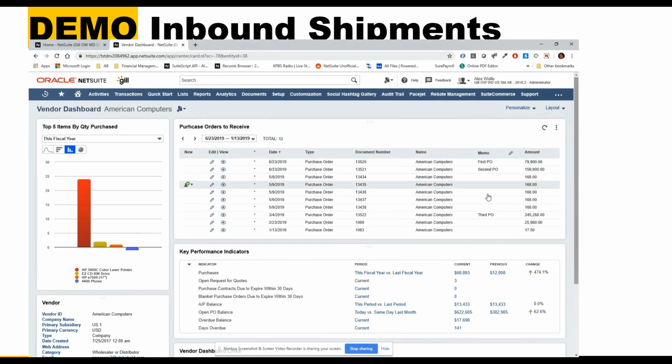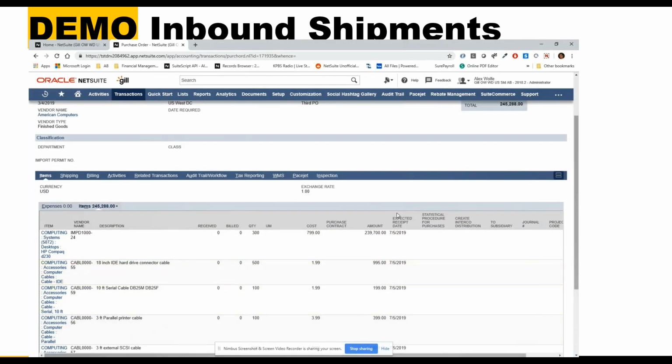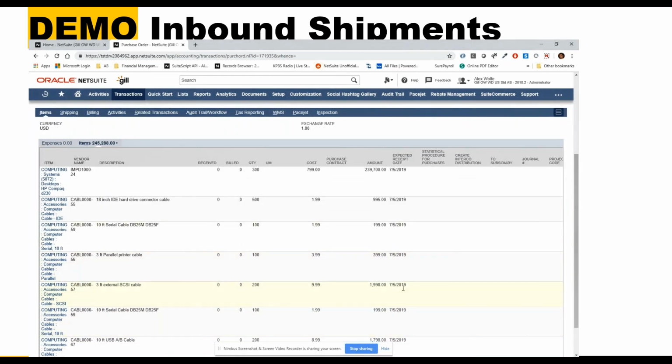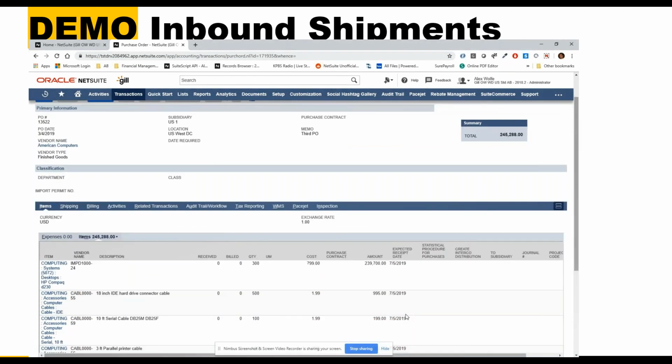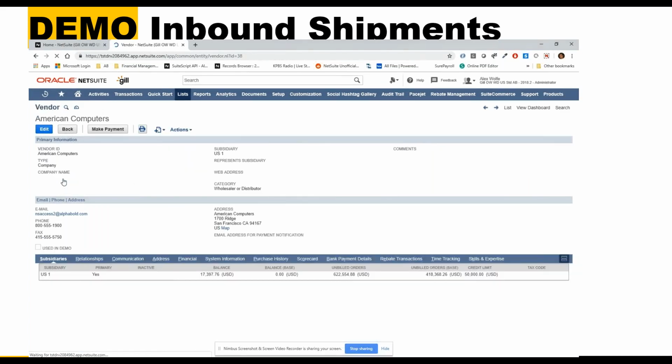And I can see my PO, 13522. So if I want to view it, I can click on this little I, and I can review the PO. You can see that expected receipt date that we talked about. Then if I go back to my vendor, again, access my dashboard,